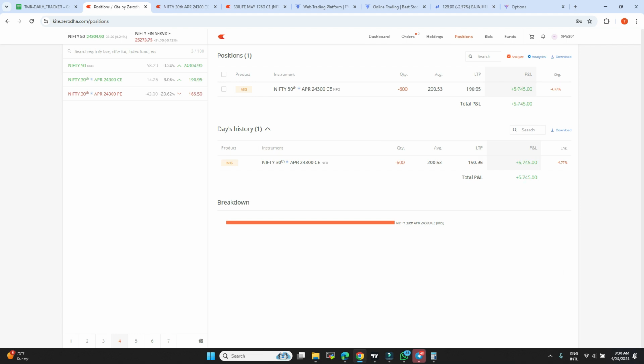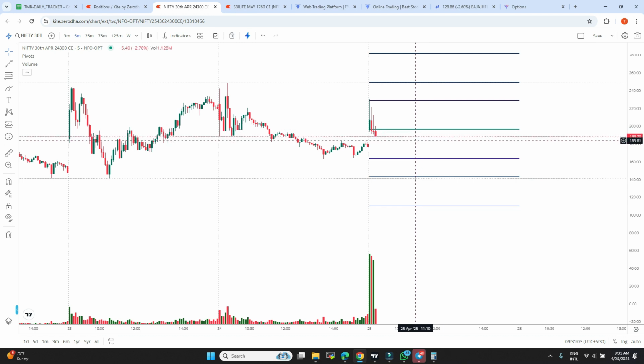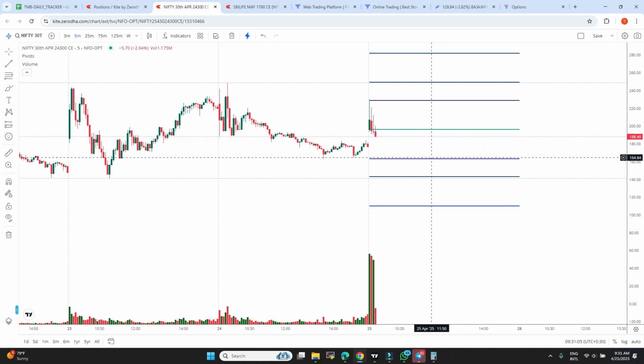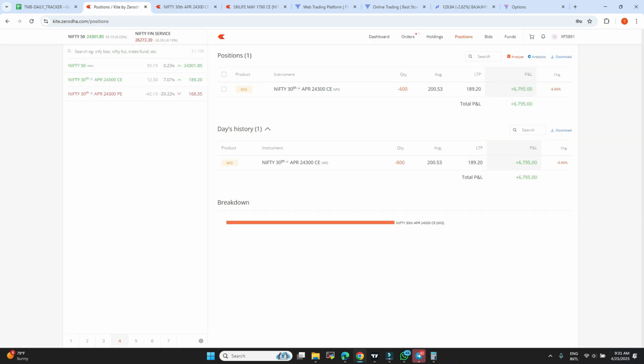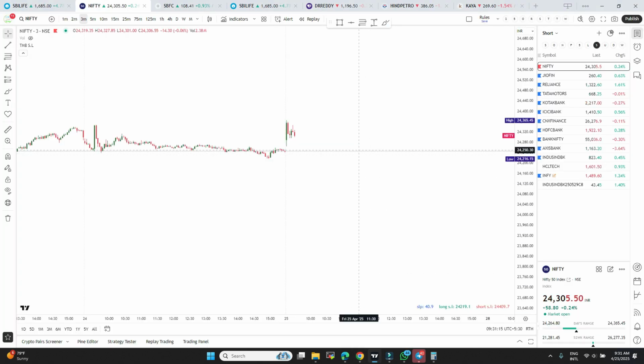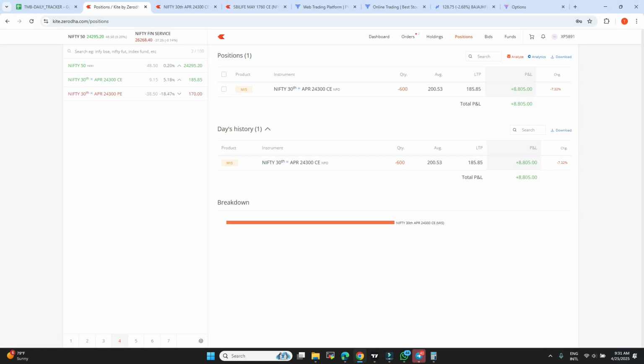Now I'm running with the 5,000 profit. We'll see. Here 183 is going to defend something. Now 300 is the logical point. We have to see how it is going to react, because here this is the body close, right? 290. After reaching 290, it is going to reverse quickly.